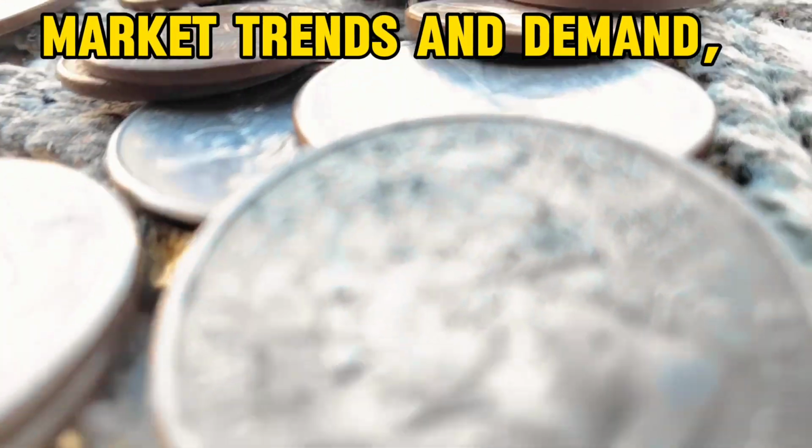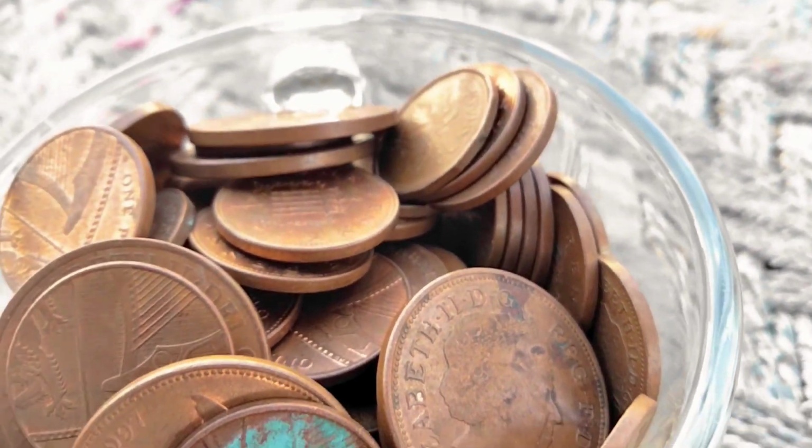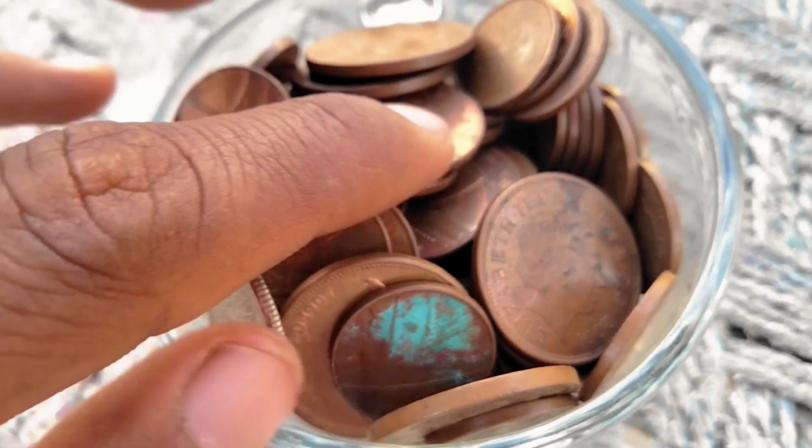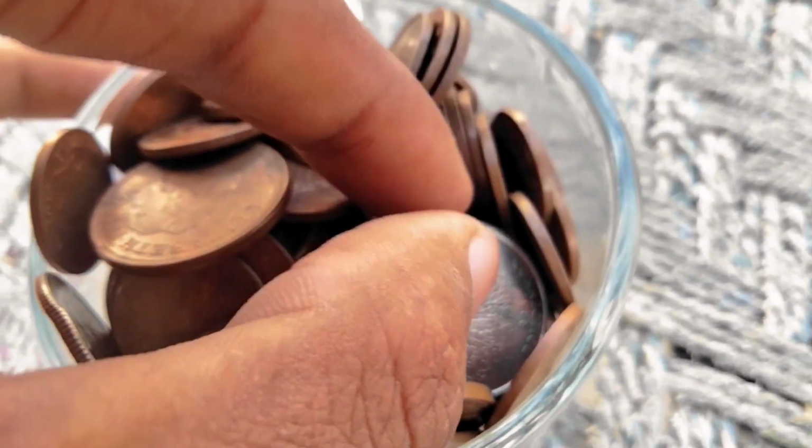Market trends and demand: the market for collectible coins is dynamic, influenced by factors such as economic conditions, collector trends, and historical anniversaries. While the 1999 P Connecticut Quarter may not be a high-value coin, it holds sentimental and historical